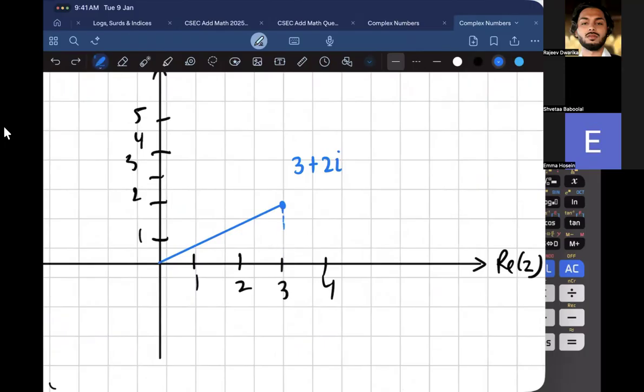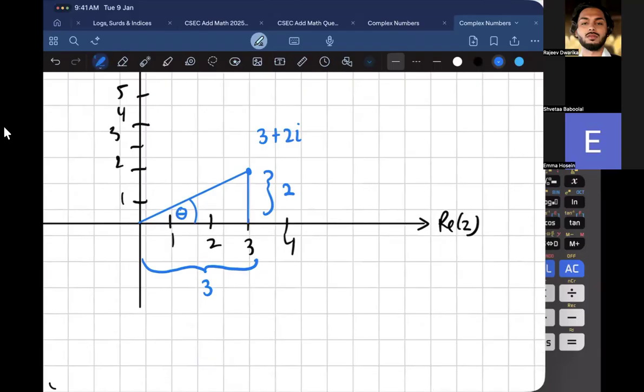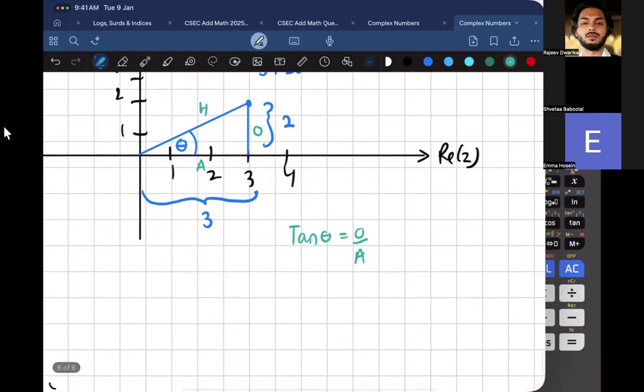And you can see it forming a right angle. So this part over here is 3, and this part over here is 2. Would I be able to find the angle? Using trigonometric ratios, this could be the hypotenuse. This is going to be what? That is adjacent. It's going to be opposite. So we have O over A, so we're going to use tan. We always use tan, by the way. So we're going to say tan theta is equal to O over A. So theta would just be equal to the tan inverse